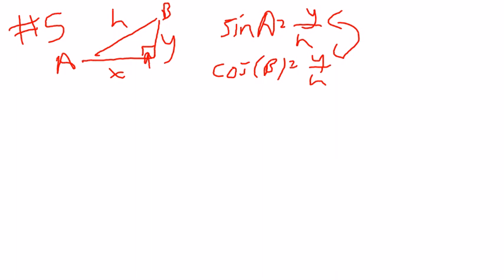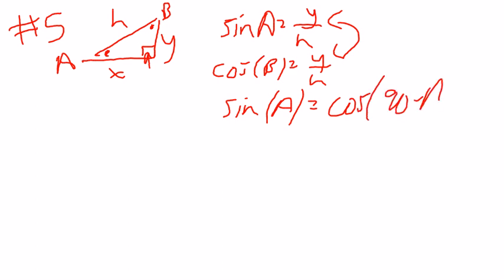Well, this is a 90-degree angle. We've got a right triangle, so they're complementary. So, for example, if this was 10, this would be 80. If this was 20, that would be 70. So the theorem here is sine of A is equal to cosine of 90 minus A, if we're working in degrees. So I'm going to take sine, I'm